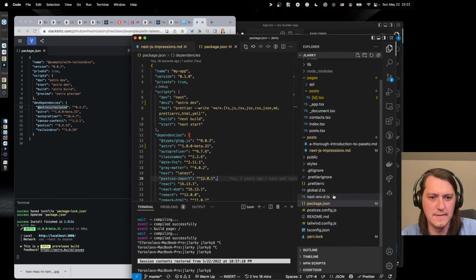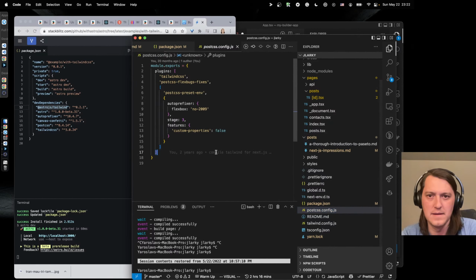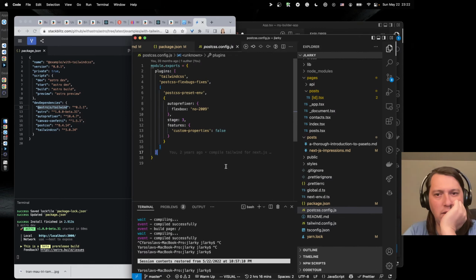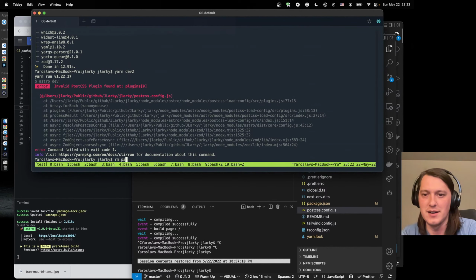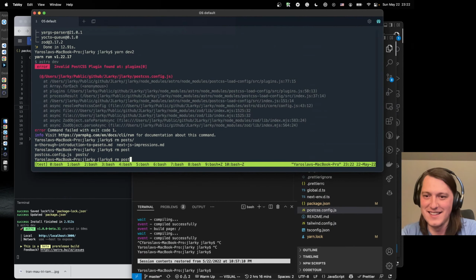I don't know what's happening there. Let's just remove PostCSS.